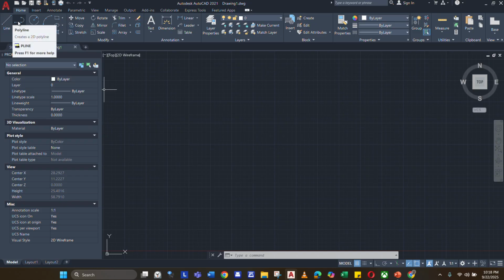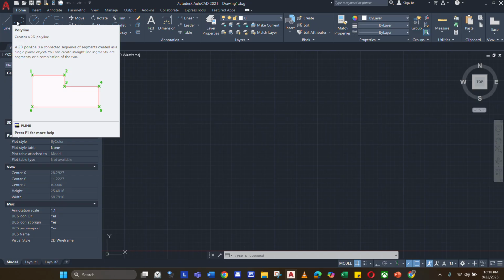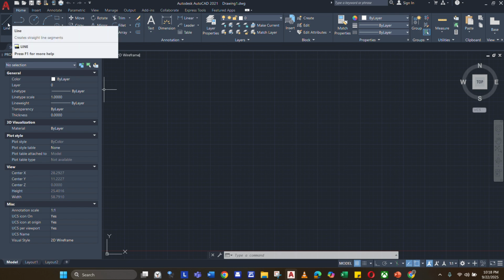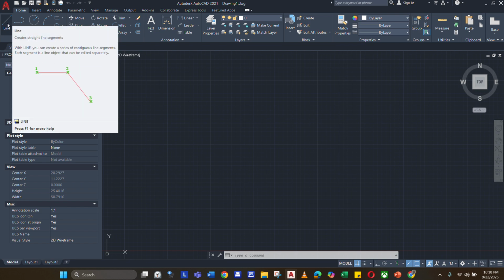And then the polyline, which is lines that are not broken up while you make your drawing. And when it's done, when you've already closed the area of the figure, it is one segment, one object. Unlike the lines, when you do multiple lines, even if they are connected, they are completely different.